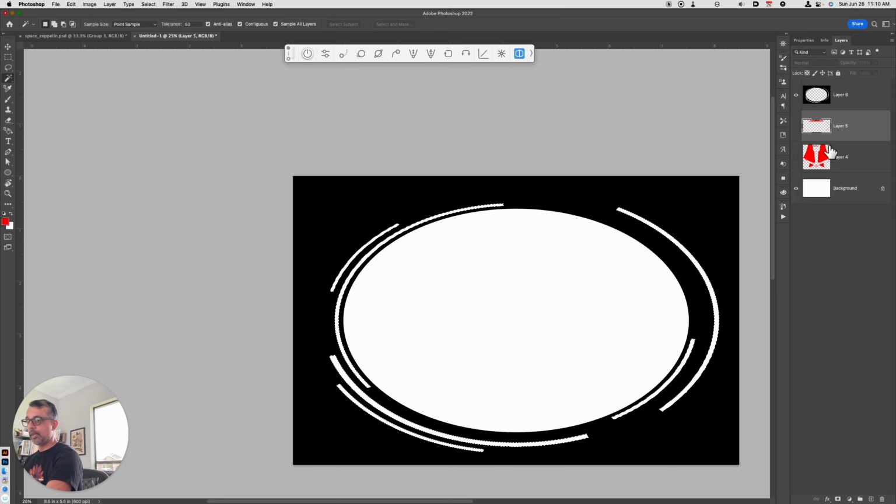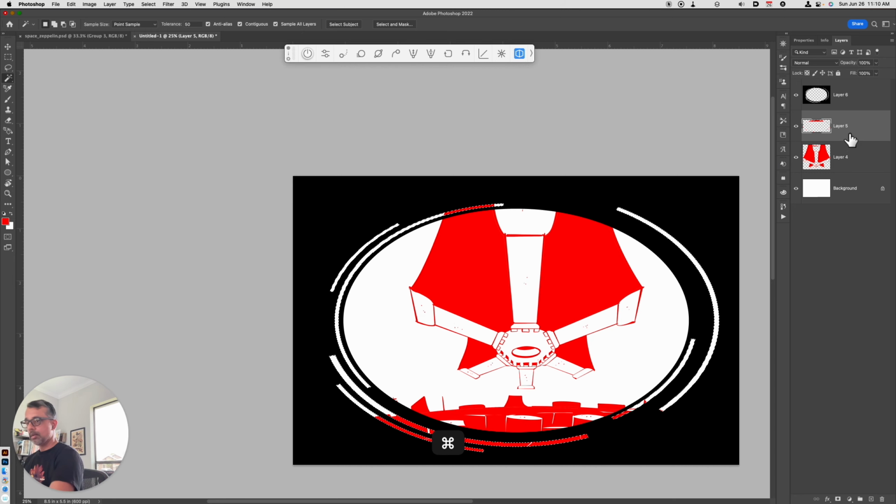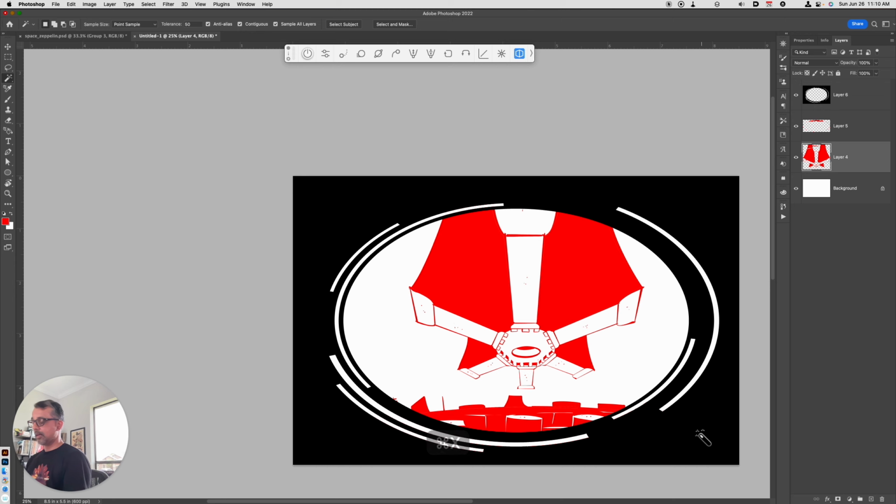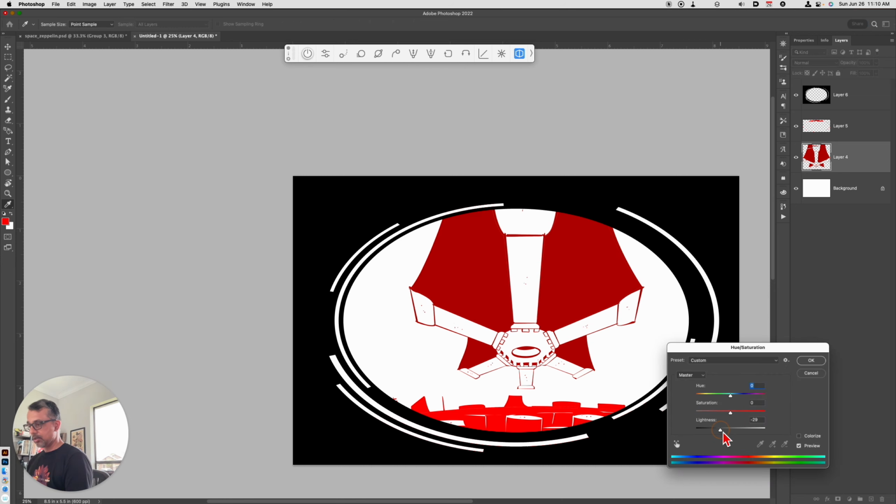Now I can turn on the planet layer, and I can hit Command X to cut that. You can see that right here, cut. And then up above, I need to get rid of a little bit of the ship. Command X cuts. So now I've got this portal and I'm looking at this planet. I can now come back in and make this ship a little bit darker. I'm not going to make it black. I'll just make it kind of maybe